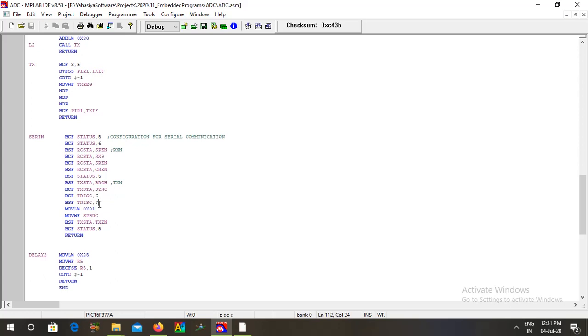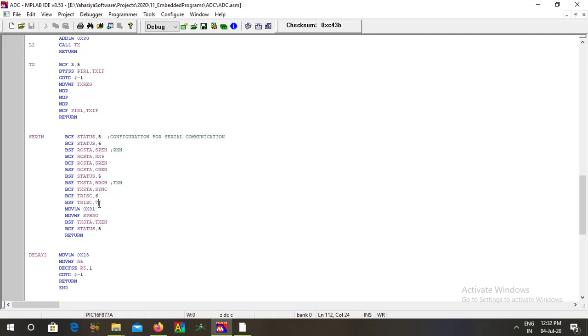Then we move the literal 81 to the working register. Then we move that working register to the function register SPBRG. Why do we move 81?